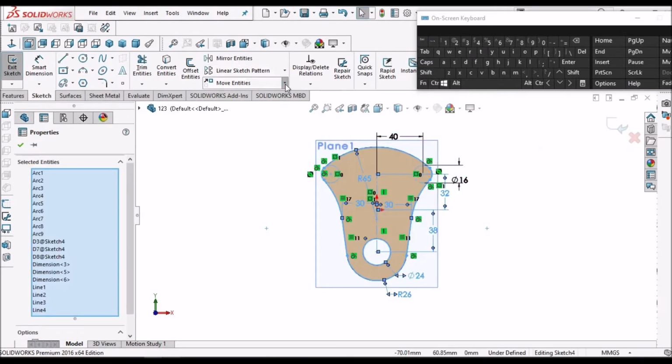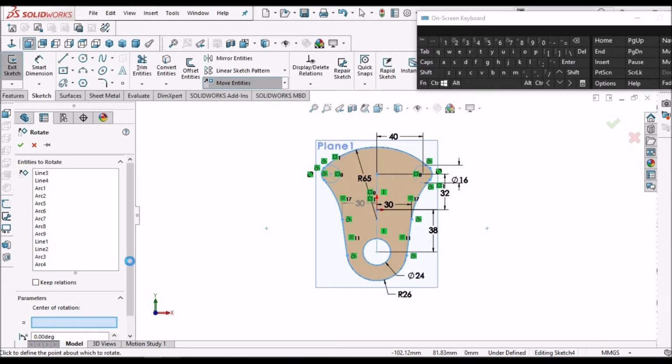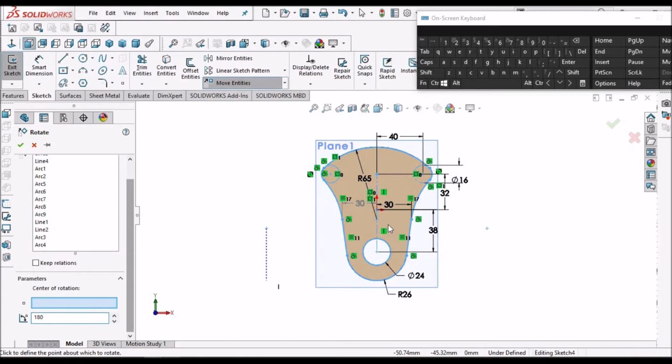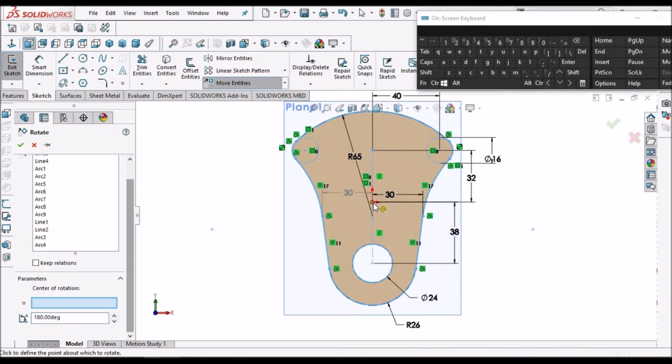So now what we need to do is just rotate it about exactly 180 at this origin.